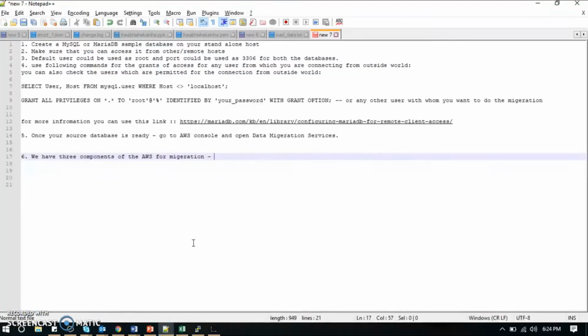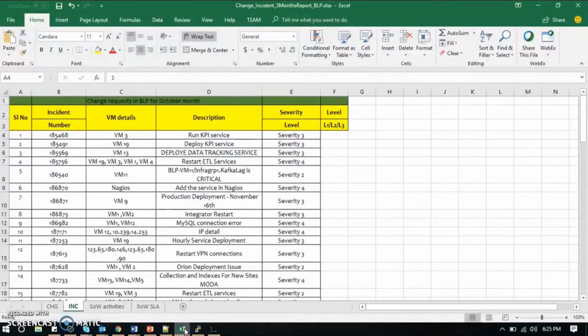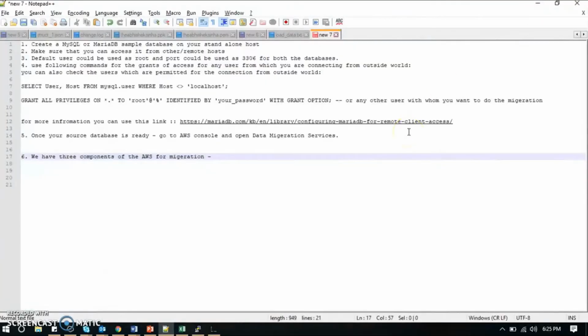In order to make a standalone host, I make use of an AWS EC2 instance in which I have installed MariaDB, or you can say MySQL. You can make use of the sample database which is already present, but in my case I have used this Excel sheet, just a small report that I had, which I loaded into one of the tables which I created.